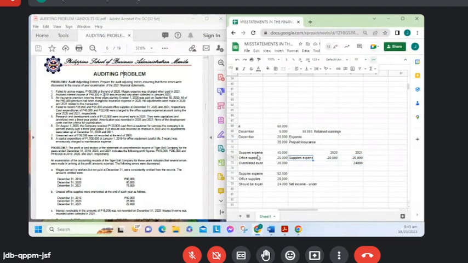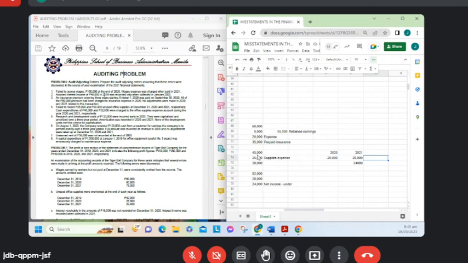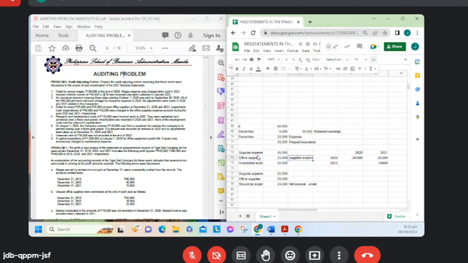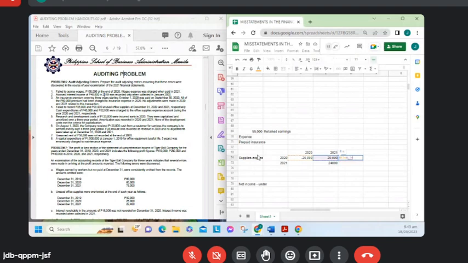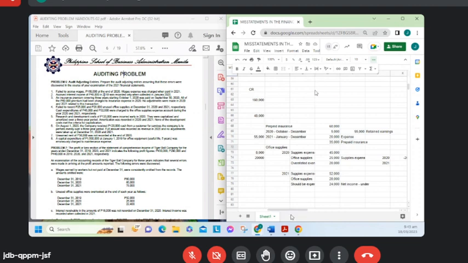Expense 20,000, 2020. Yan, supplies expense supposedly is